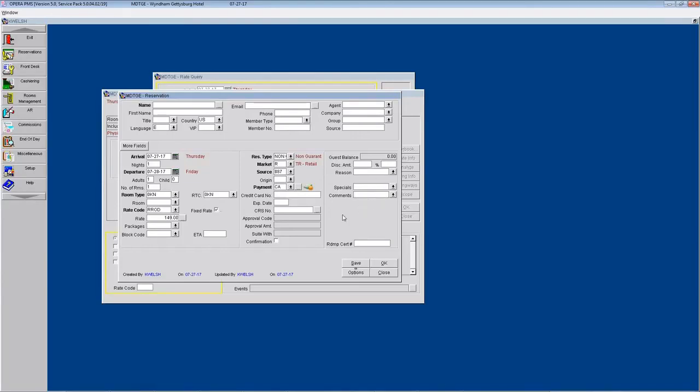And I will get into comments, traces, alerts, all the other deeper aspects of a reservation in a future intro video. But for now, that would be basically all you'd have to fill out for this screen. And then you would click save, and it will populate the reservation and confirm it. And it will then pop up a confirmation code, which you can give to the guest over the phone, or